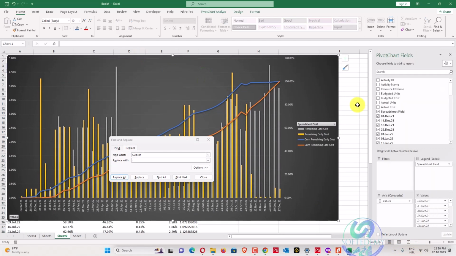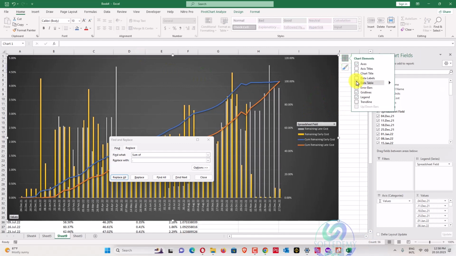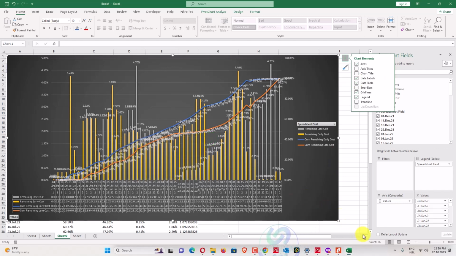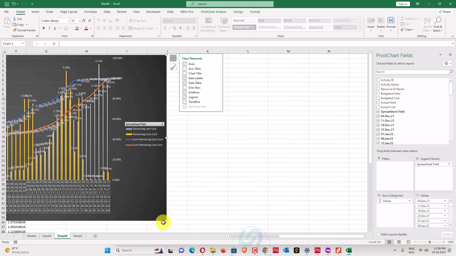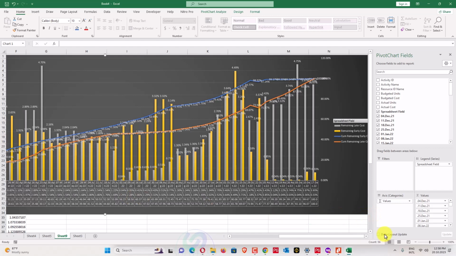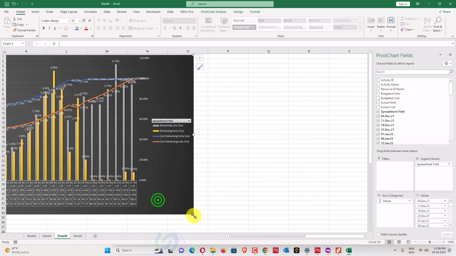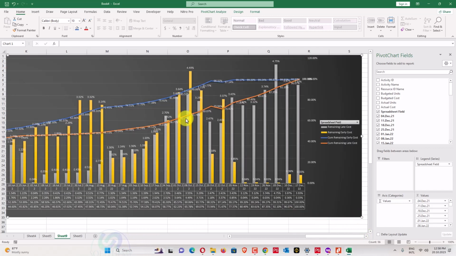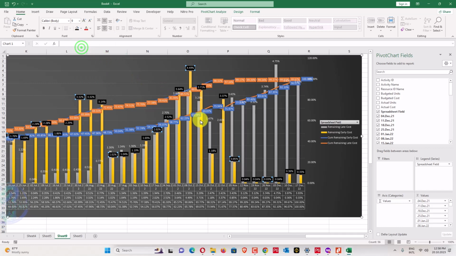Also you can show a table under this one, table, data labels. Also you can show anything you want to be there, and you can stretch this down so you can see all values which you require, because this is the weekly base. So weekly base always needs stretching like this. You can also highlight these values, any color you can change. Any value can be changed from here.